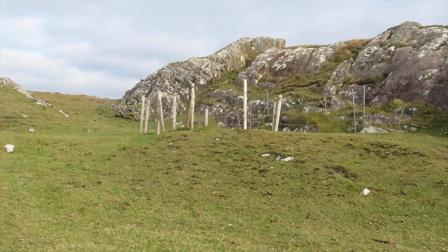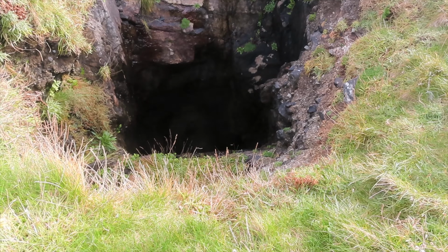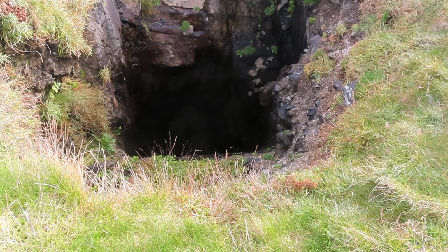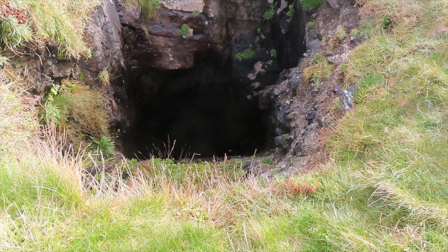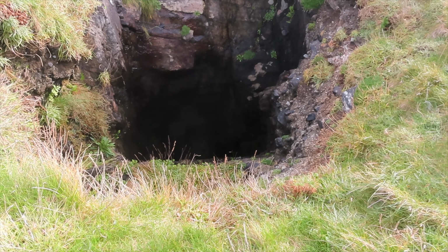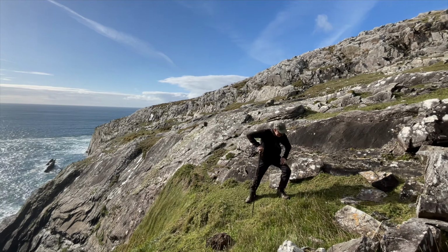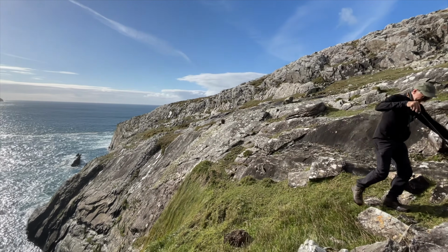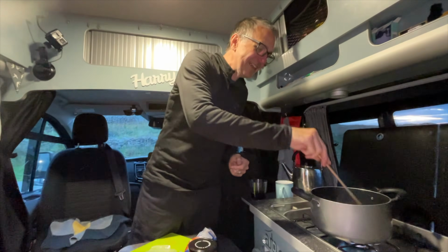So we saw this fenced off. We thought it may be to do with the mine, but listen. It's a sea cave. Stu is determined to be a casualty figure. We're having a mishmash of...